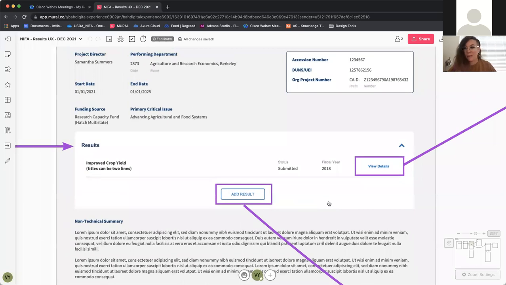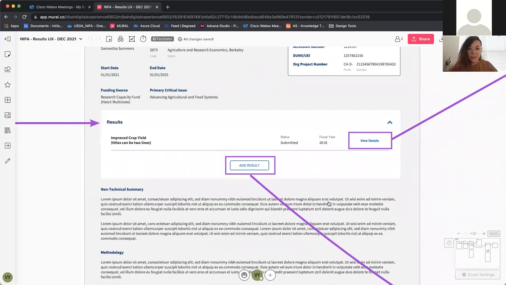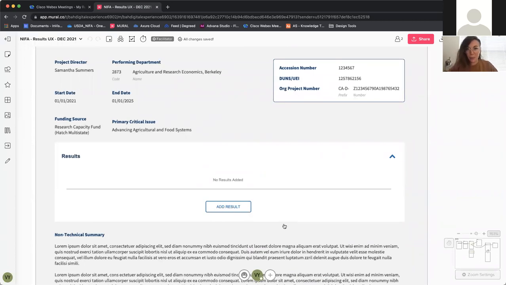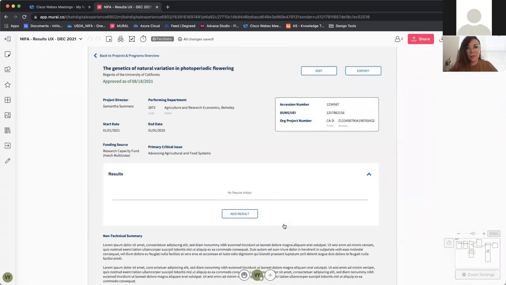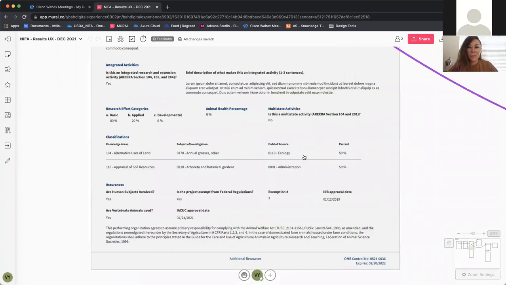So let's say we wanted to see what it would look like if we didn't have anything in there, you would just, hold on, scroll down. It would just say, no results added, and then you just have that add results button. And so that's where you would go. We'll get there in a second, but what I first want to show, scroll back up, is